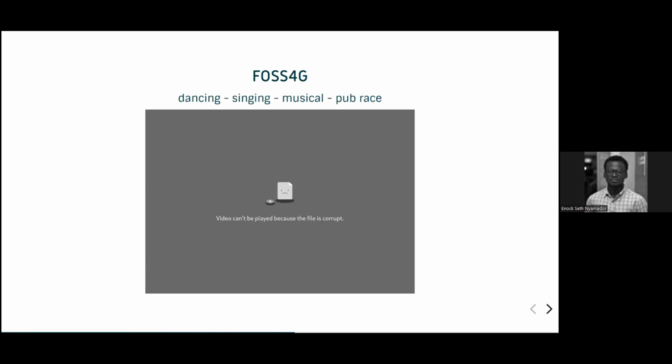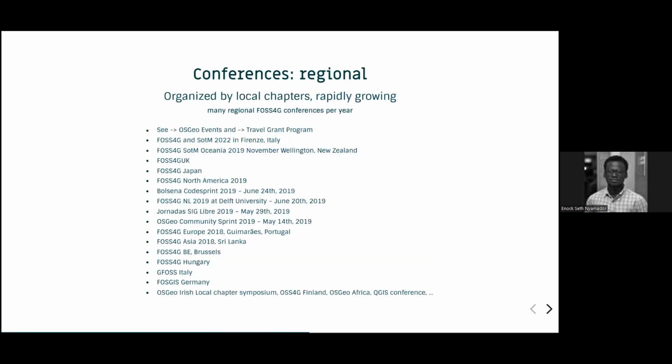FOSS4G is a conference, but of course, there's also State of the Map and the FOSS4G social event. It's not always about software, but also the people making the software, the documentation, and the community itself. So there's dancing and so much more that makes everyone happy. I mentioned this already: FOSS4G is the kind of trademark for these OSGeo related events, and happens across